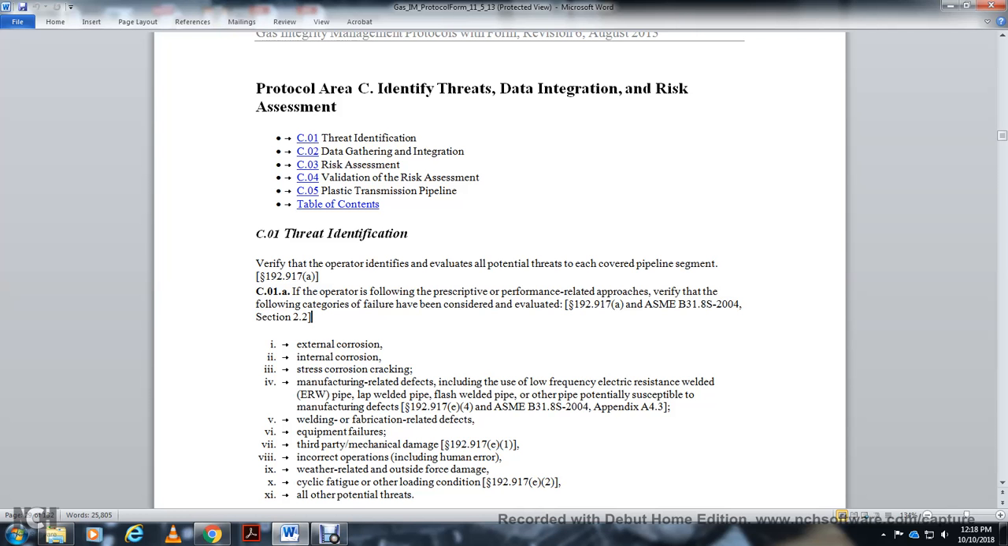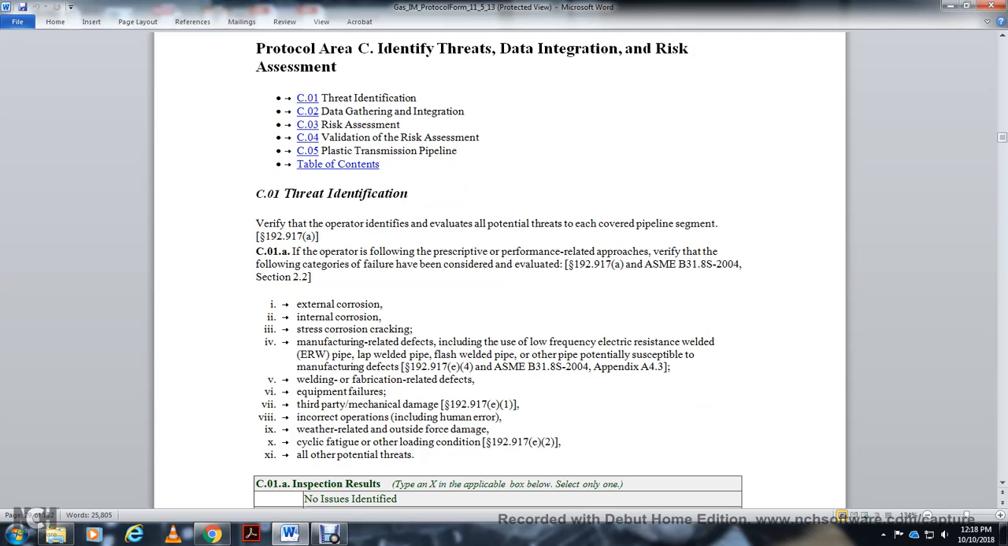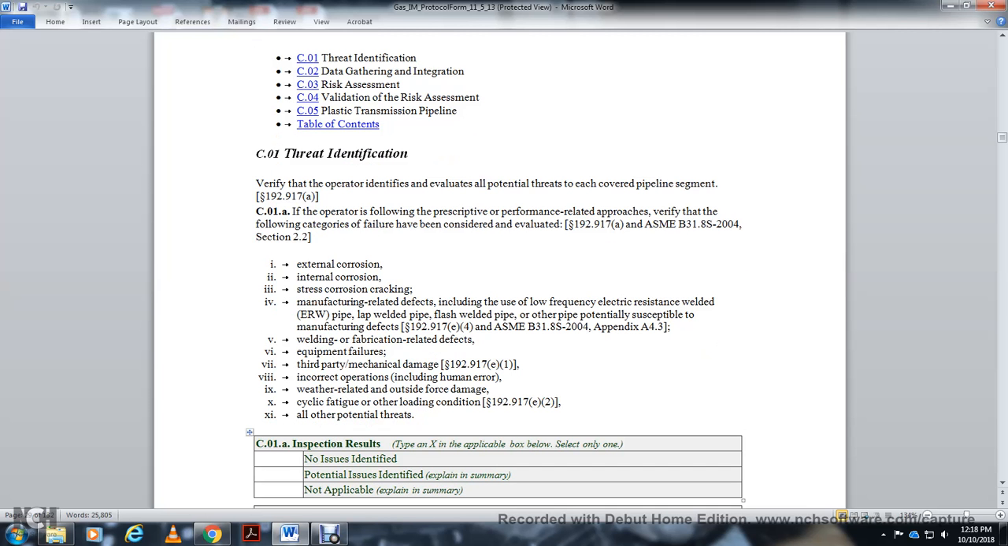5, welding and fabrication related defects; 6, equipment failure; 7, third party mechanical damage, 192.917 E.1; 8, incorrect operation, including human error; 9, weather related and outside force damage; 10, cycle fatigue and other loading conditions, 192.917 E.4, E.2; and 11, all other potential threats. C01A inspection result: no issue identified,